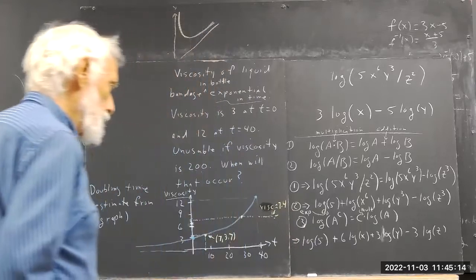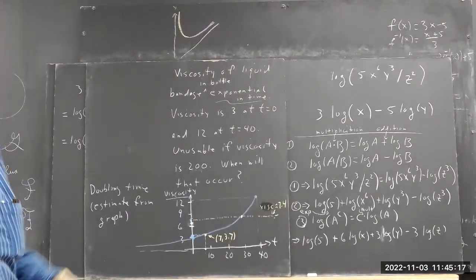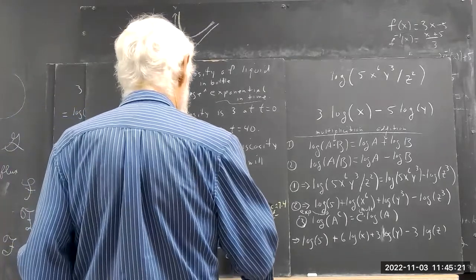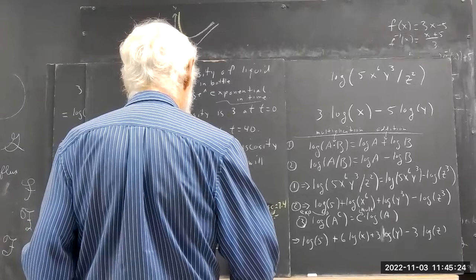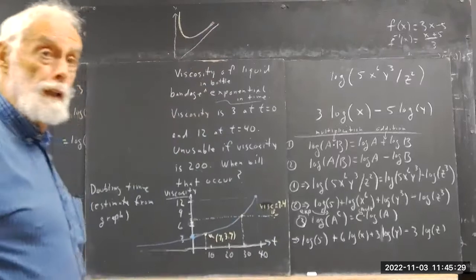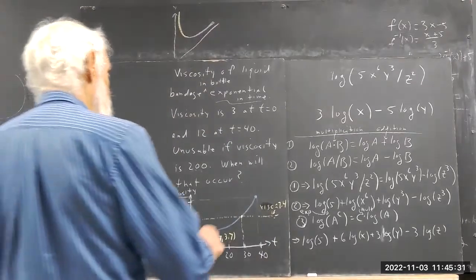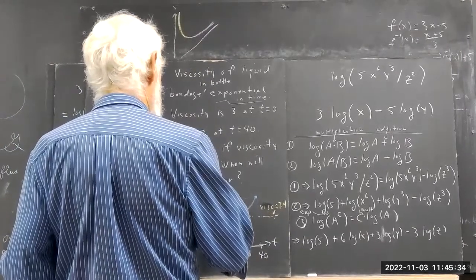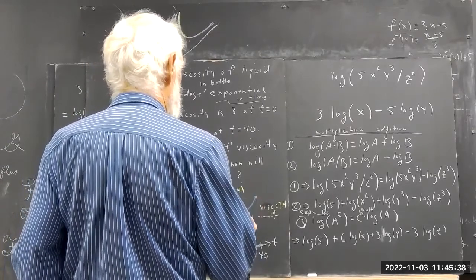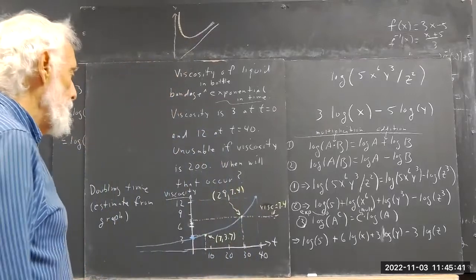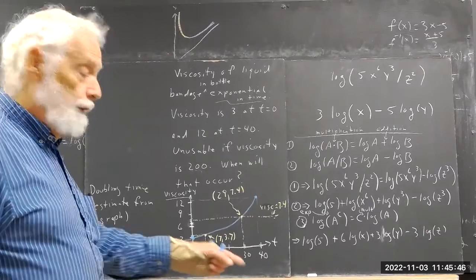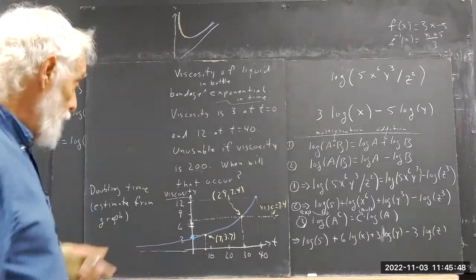Now I've got a point on this line. It tells me at what time that viscosity occurred. If I project down here, I say it comes out about 29. So now we've got 29, 7.4 on the graph. So the question now is, how long did it take to double? Well, the time it took to double